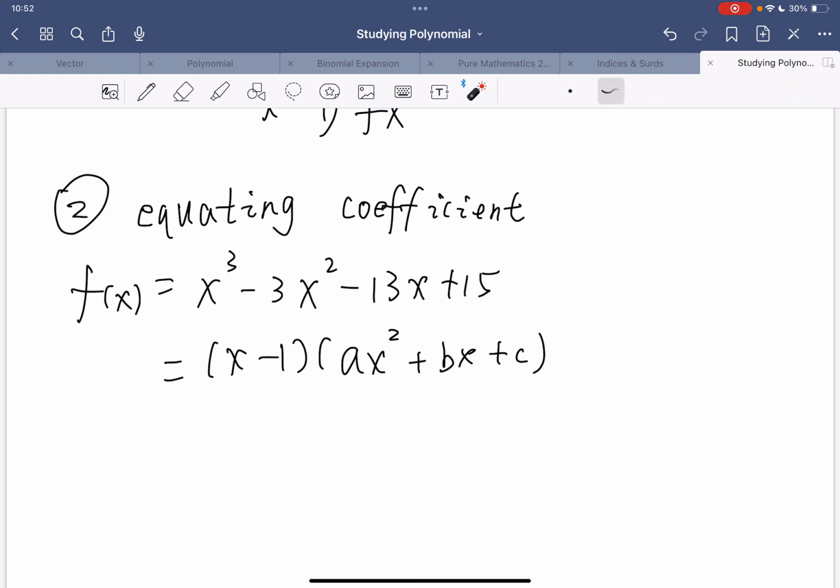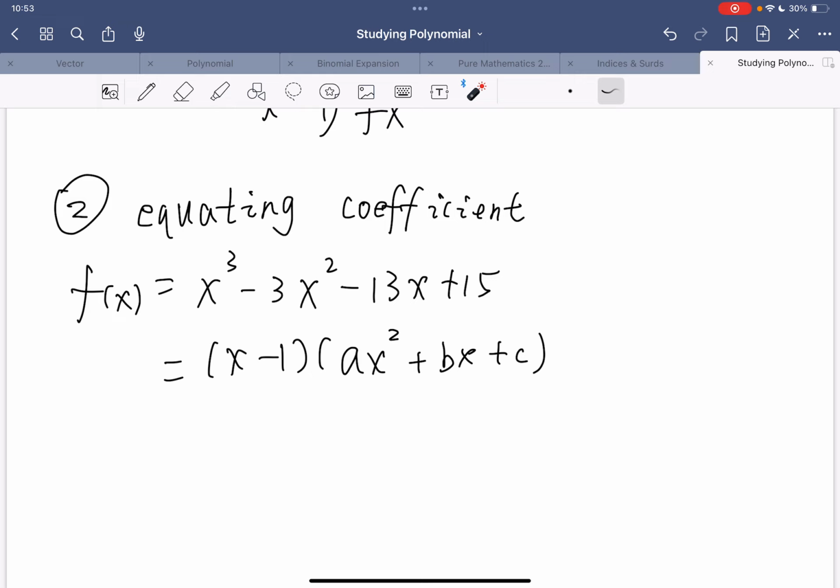So then we are going to find out what A, B, and C's values are, right? How can we do that? We compare the constant term again. The original constant term is positive 15, right? Afterwards,